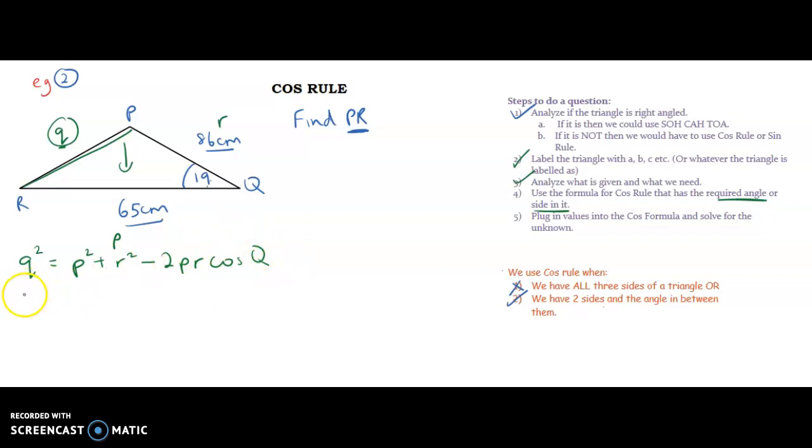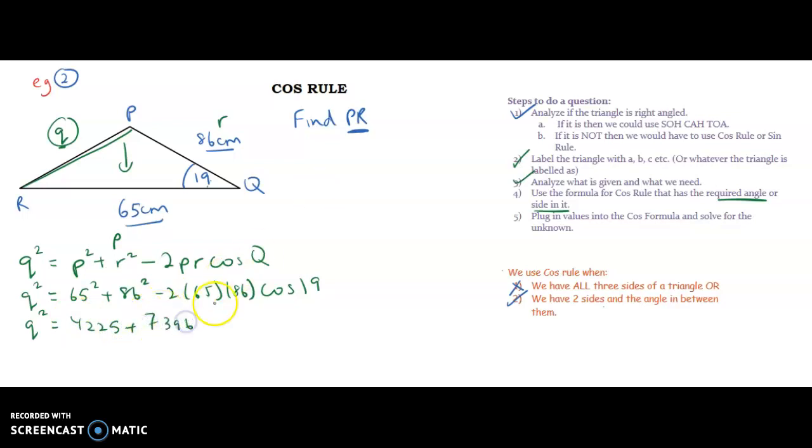Now substituting my values, I'll get q squared, I don't know what that is, what's p squared? That's 65 squared plus 86 squared minus 2 by 65 by 86 cos of 19. Now my unknown is on this side, so this works out really nice. So what is 65 squared? Go to your calculator, get that. So that turns out to be 4225. 86 squared, that's 7396. 2 by 65 by 86 by, I could do it all as one, cos of 19 is actually a pretty big number, minus